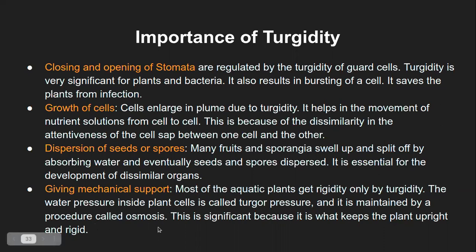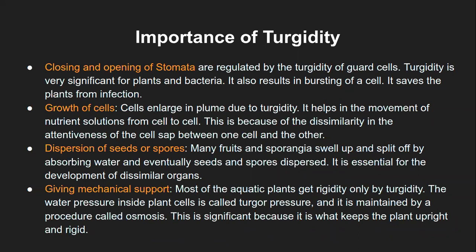This will keep the plant in an upright and rigid position, because all these cells within a particular stem or a branch will be exerting pressure on the outer walls of the cell wall or the plasma membrane, and because of that it is kind of like stuffing inside. So let's say you have an elongated cylindrical bag, and if you keep stuffing clothes inside, it becomes like a hard rod-like structure. Some similar phenomenon happens here as well.